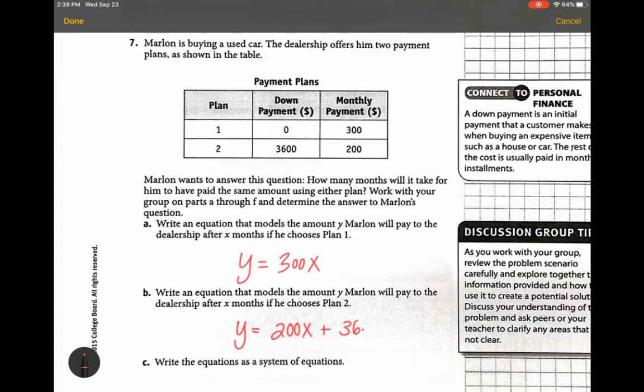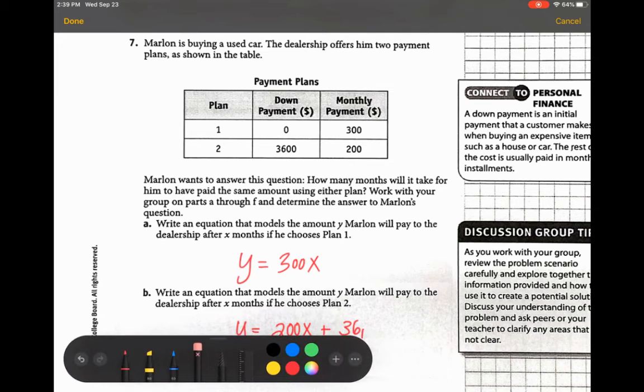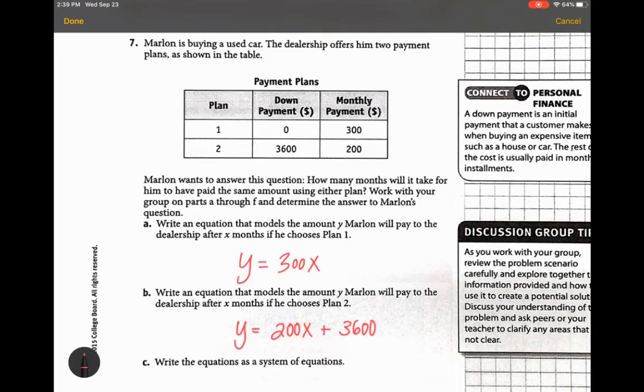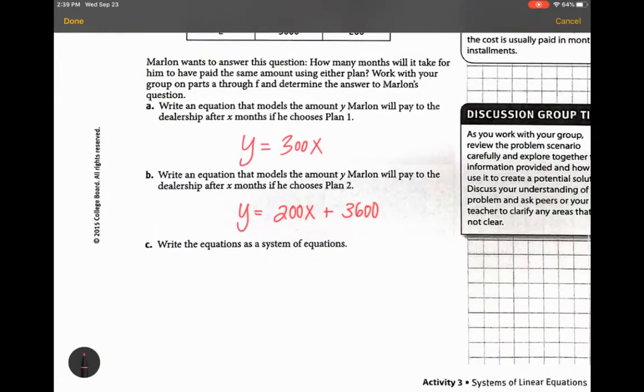Good. All right, so to write it as a system,